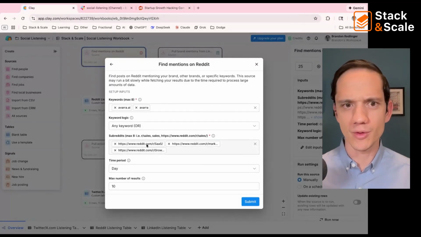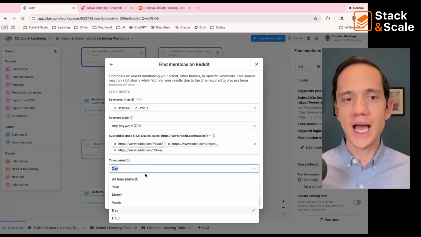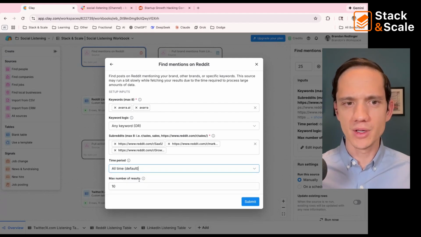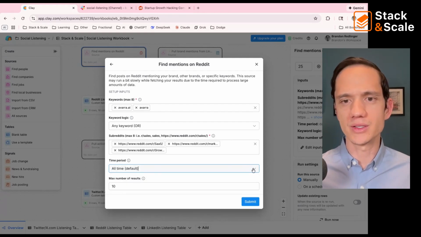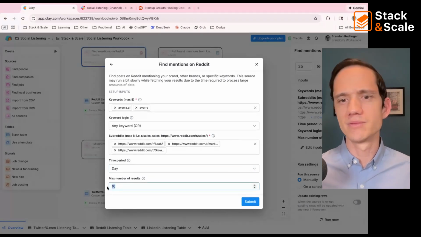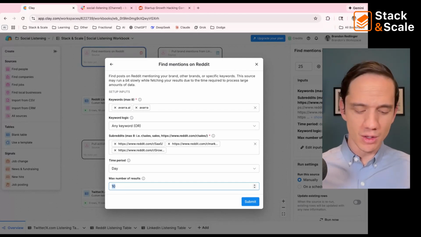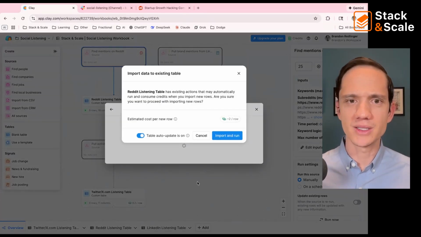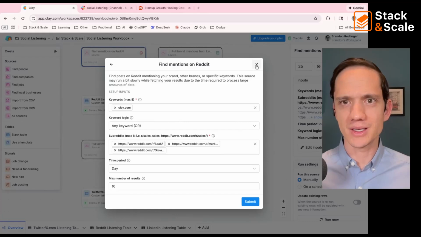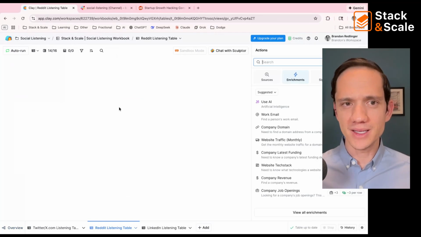Not quite as relevant for my example here, but then we can do, okay, what time period? You could just batch it and do it one time all time, or what we're going to do is just set it up on a daily basis. So I'm going to have a daily run, and then you can set how many results you want, or you can max or cap it. So right now we'll just do 10, and then we'll hit submit, and then we're going to run and import those. I'm not going to do that because I don't want to use up my Clay credits right now, but you get the idea. And then it'll come into this table here,